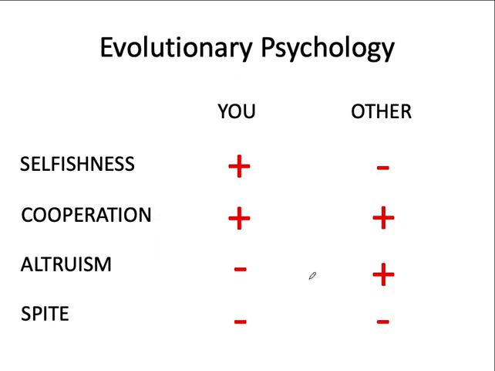Spite is a social behavior that has a negative impact on both you and another. And so interestingly, we see this occasionally in humans. We see both altruism and spite, of course, in addition to cooperation and selfishness. But spite could be favored when it leads to an indirect benefit to some third party that's related to either of you.